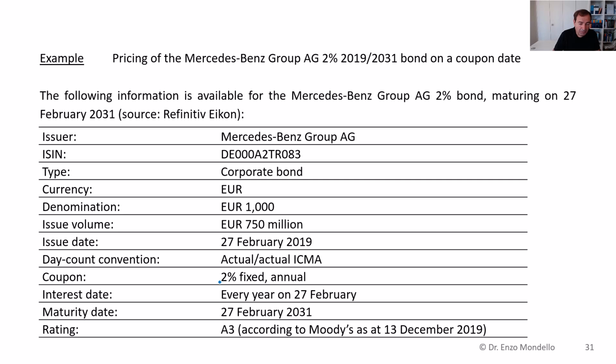The coupon is 2% fixed and paid annually. The interest rate is paid every year on the 27th of February, and the maturity date is the 27th of February 2031. The rating is A3, so according to Moody's as at 13th of December